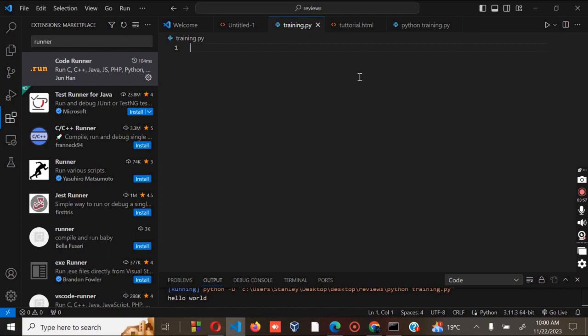Alternatively, you can create a new folder for your project and you save your Python files inside. Okay, so we have created the first file of our project. Okay, now step number 5 is to select the Python